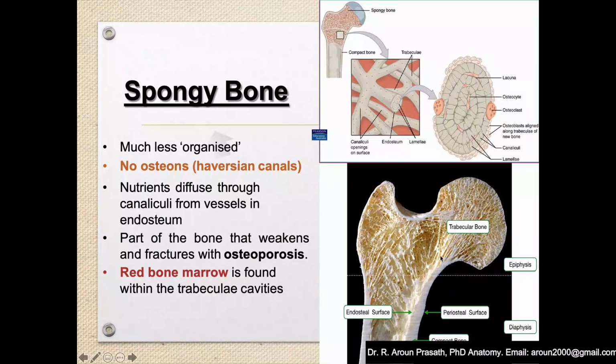Coming to the spongy bone, you see this is a cut section of the femur. And here you have the hip bone, the ilium, ischium and pubis, connected here at the acetabular cavity. When the person is standing, the weight comes in this direction. So I want to write here, the weight is coming in this direction.